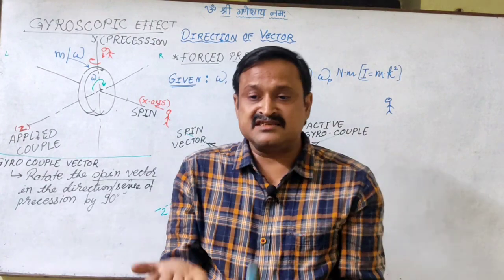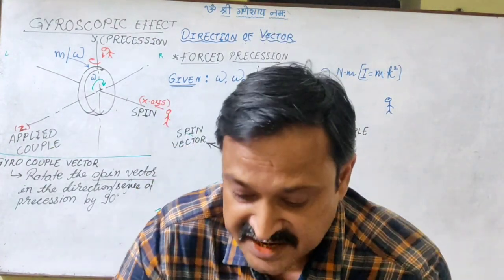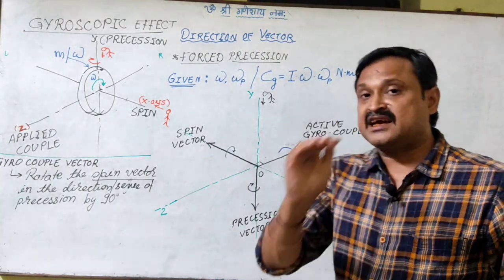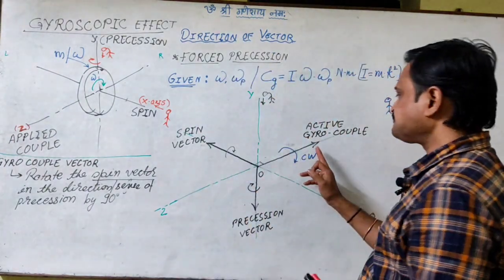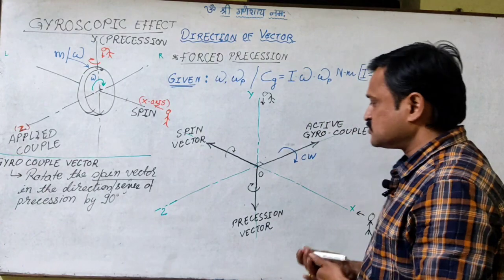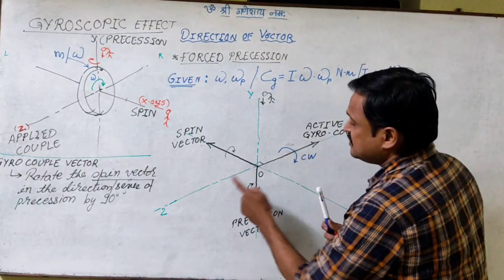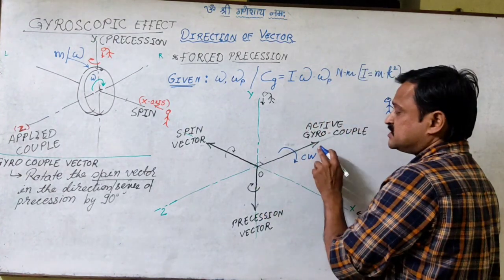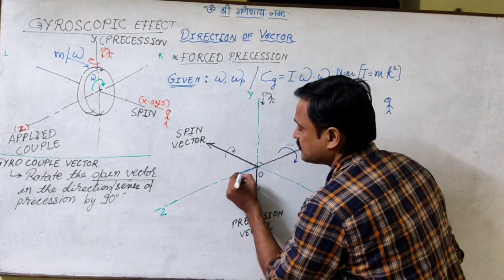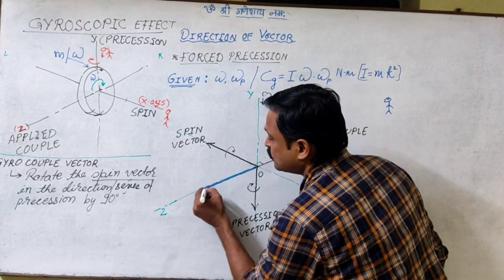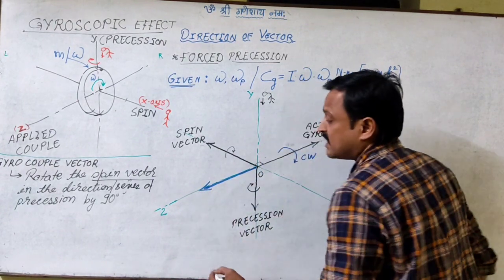And to stabilize it, this will be the reactive couple. It will be exactly opposite to the active couple. So in that case, exactly opposite to the gyroscopic couple, this couple